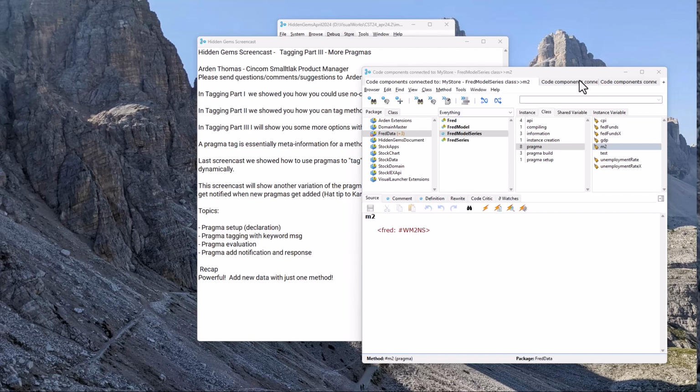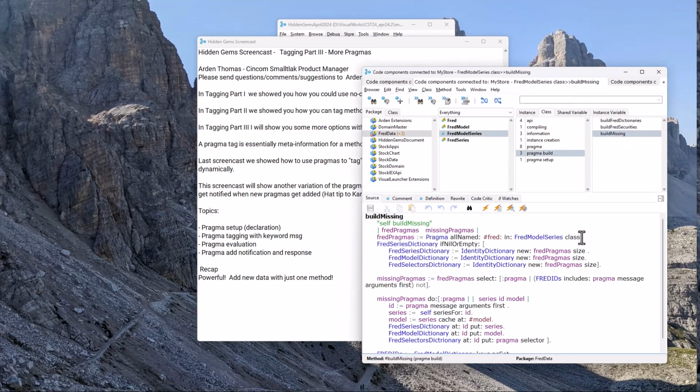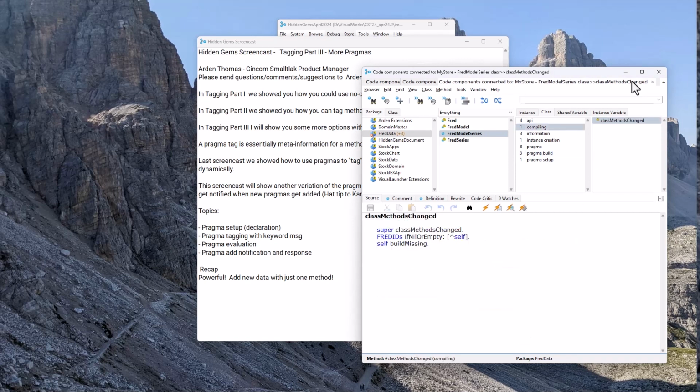We showed you how to access those pragmas. And we also showed you, and I think this is really a clever and capable ability here, is we reacted. We showed you some best practices for always calling super here, for adding something like this so we don't build while we're loading, and then building just the missing pieces. In our first very simple example, we rebuilt everything every time, and this is much more